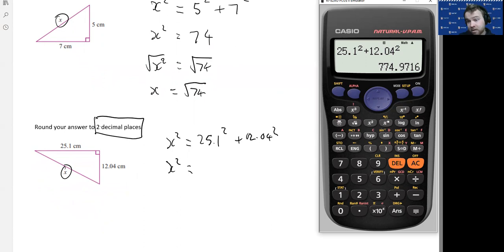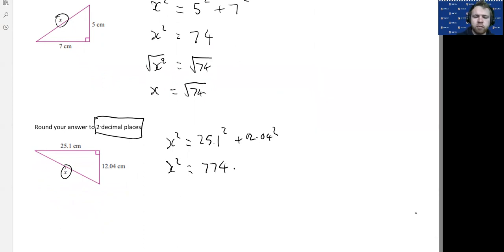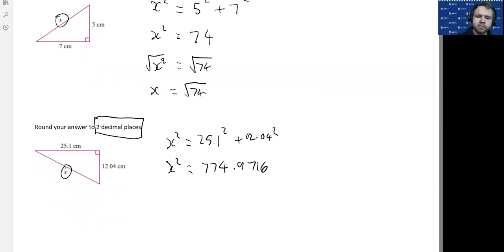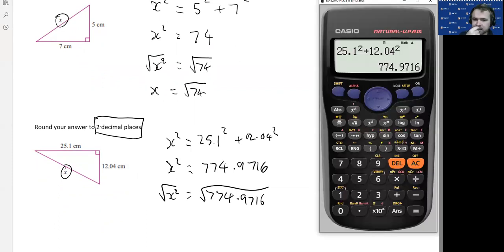Now this number, the decimal doesn't go all the way to the end of the screen, so we can actually write that out, 774.9716. And then we're going to square root both sides. 774.9716. What you can do as a little shortcut is you can go square root answer, and it will put whatever number was the answer of your last calculation under your square root sign. And then we get our number here. So x equals